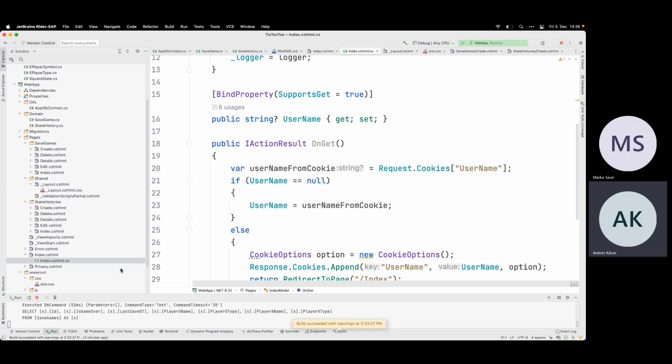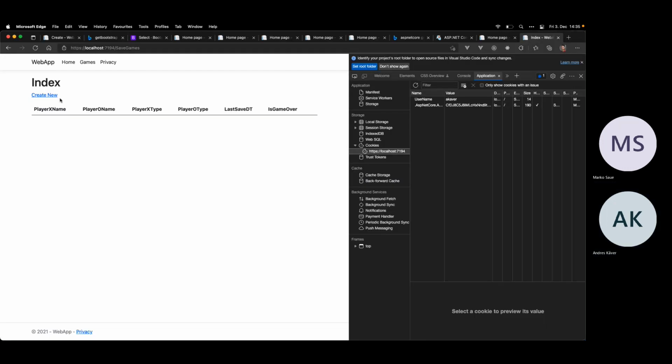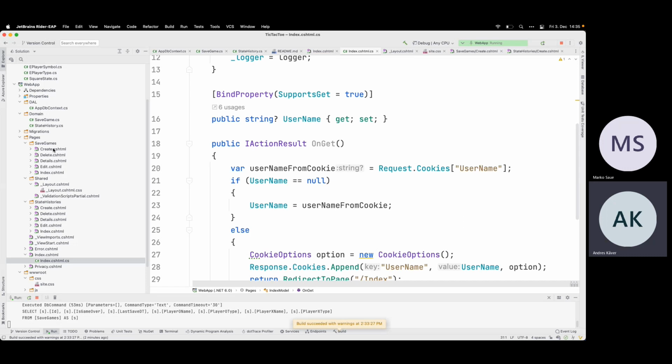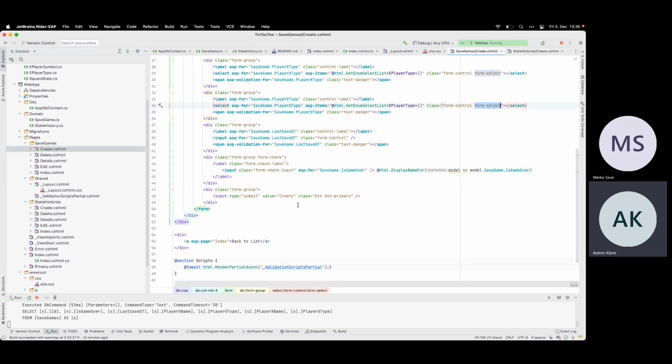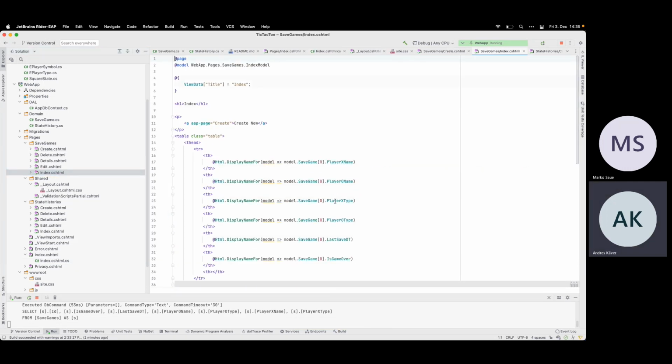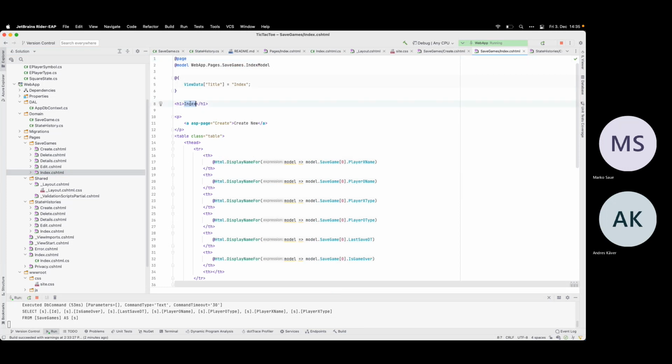Maybe we can do slow animations, like reload the page, make one move, next move. So if you go here into, let's say, save games, create, index. So this is our tic-tac-toe.